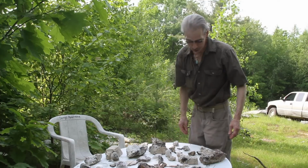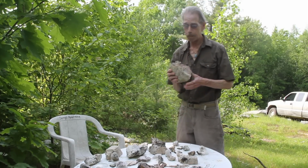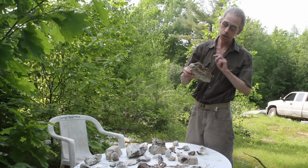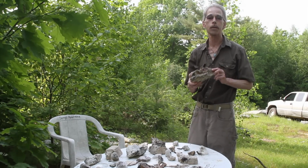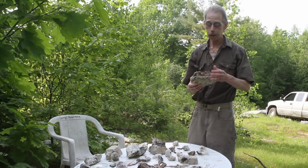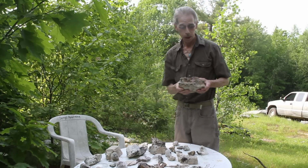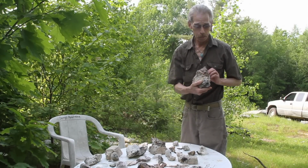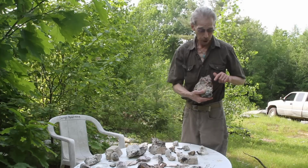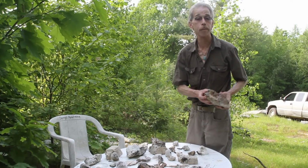And then we'll go to some others that are unusual. We have some beautiful fluorapatites here. There's a very small green one in here, but that is a natural crystal and it just looks beautiful. They're clean and glossy. We find them in very small vugs, usually in the albite feldspar, but this is in the pink salmony feldspar. And there's a little bit of smoky quartz crystallization going on and some other interesting things